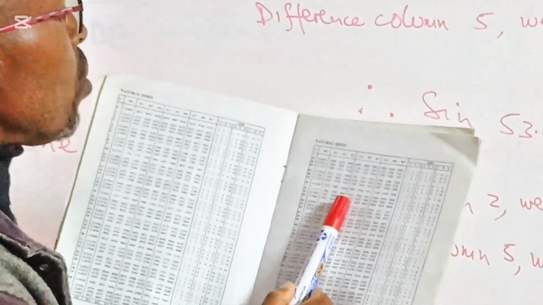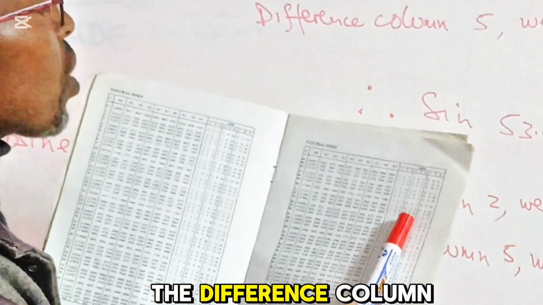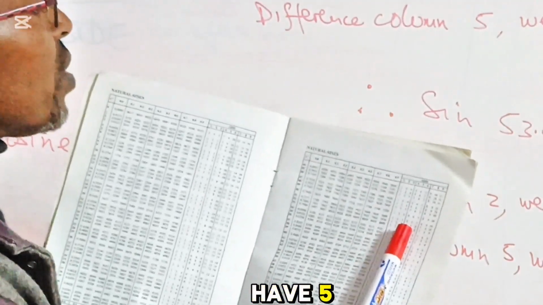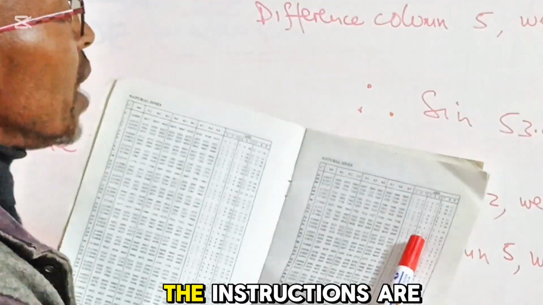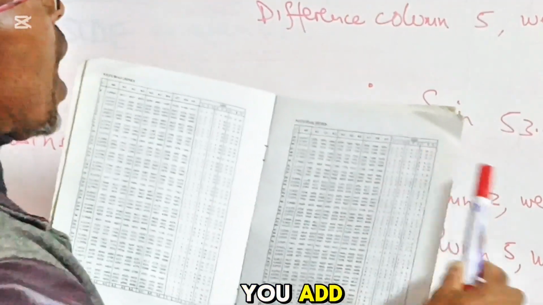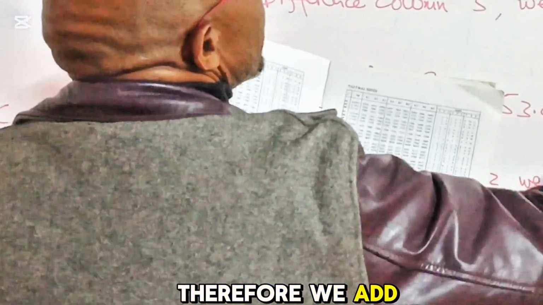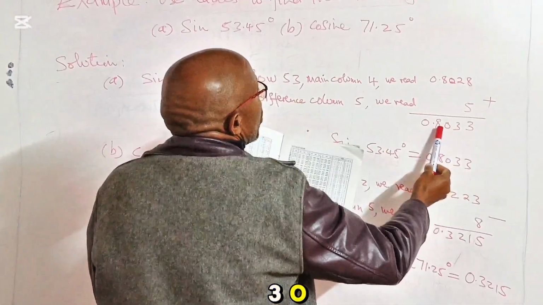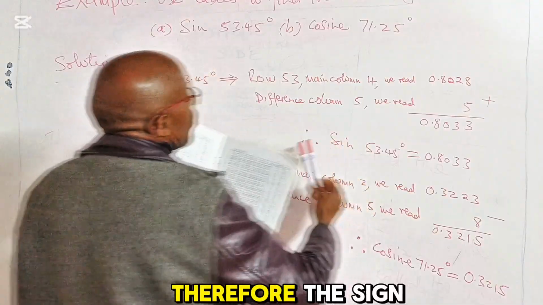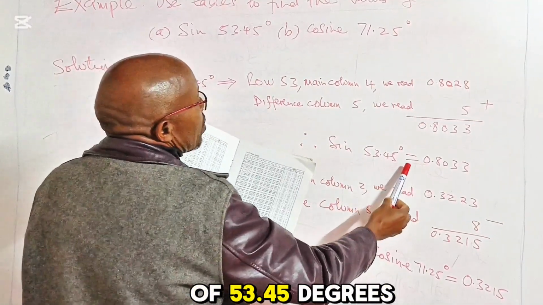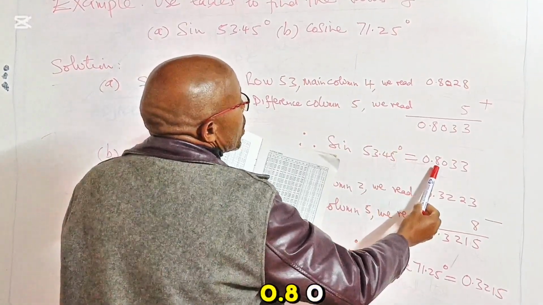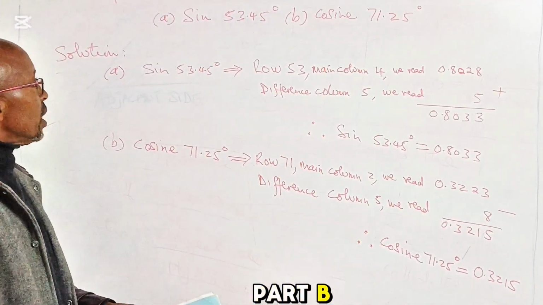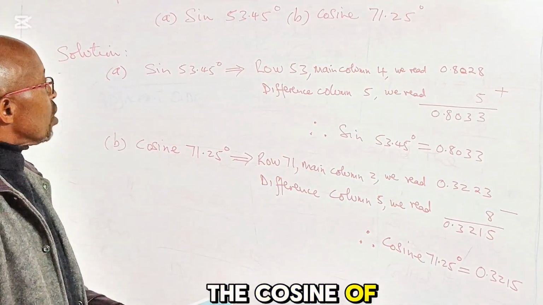Then on the same row, we move to the difference column, and the difference column where we have 5, we read 5. The instructions are you add, therefore we add. And adding, we have 3308.0. Therefore, the sine of 53.45 degrees is equal to 0.8033. In the next part B, we are finding the cosine of